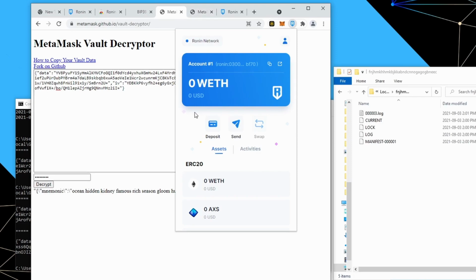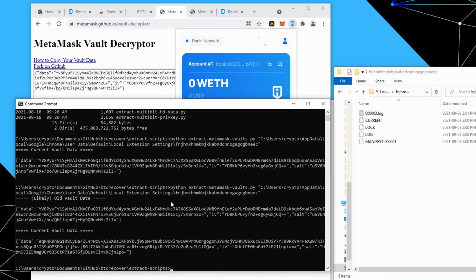Even after I have reset the wallet and the data has been removed, it is still there. So if you forgot your wallet password, but you also don't have a seed phrase backup, what can you do? This is a question that I've been seeing quite a bit, so I thought it was time to get around